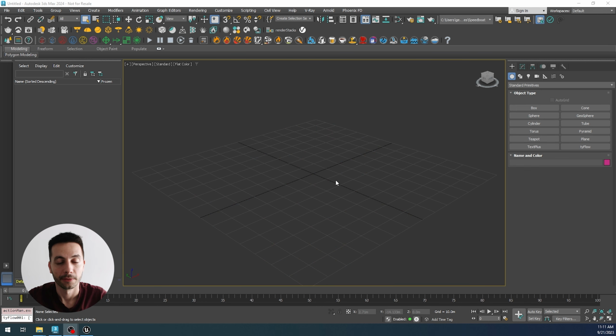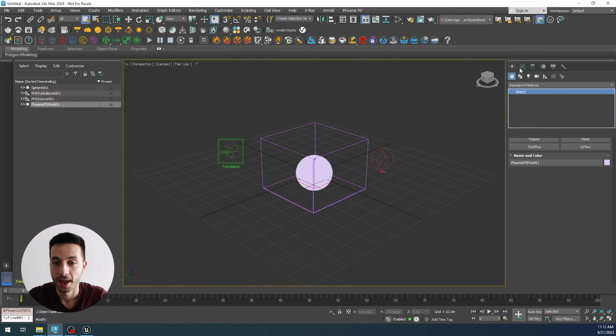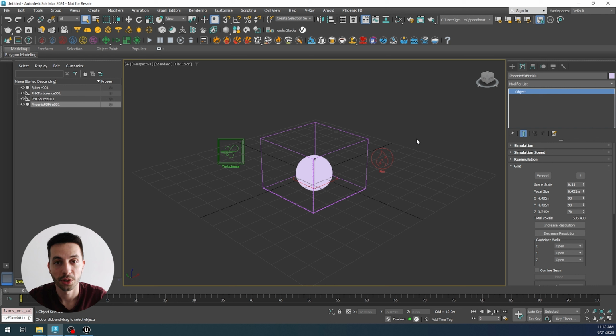Today I'm going to show you how you can import Chaos Phoenix caches inside of Unreal Engine 5.3. So let's get started. First, let's start with an empty Max scene and I'm going to create my favorite fire preset. And in order to be able to import Phoenix caches inside of Unreal, you'll need to export them into